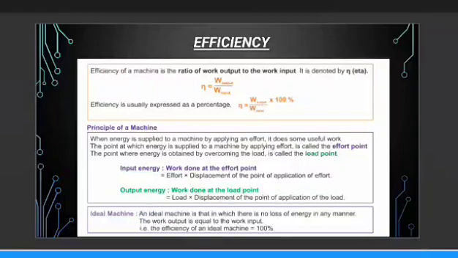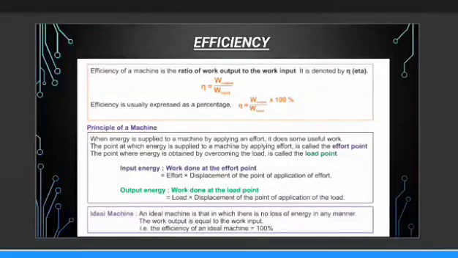So how do we get percentage? We always get it by dividing output upon input. Same way, efficiency, we write it as work output upon work input, or output work upon input work into 100, because generally we write efficiency in terms of percentage. So when I say what is the efficiency of Dettol, it is 99.9%. Means what? If you apply 100% of Dettol, it can kill 99.9%. Clear? So that is the meaning of efficiency. Output upon input. Work output upon work input.